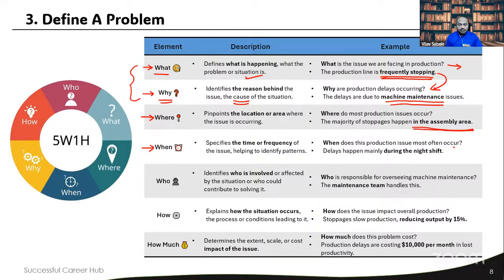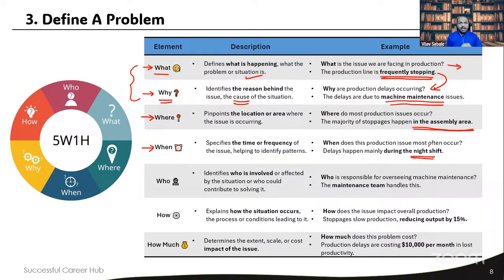And if you answer this question, or if you investigate, if you go into the data and we understand what is a pattern by using some of the tools. Now, what are the tools we can use that I'm also going to cover in some time? Maybe you can use the scatter plot, we can use the box plot, we can use the stratification, and thereby we can see whether there is an issue with a particular shift, right? So let's say we got an investigation report as delay happened mainly during the night shift, right?